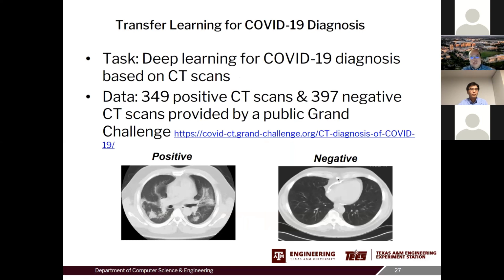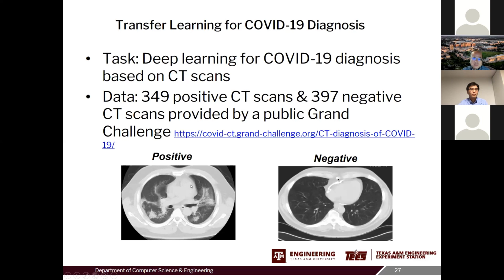Just to test our hypothesis, we applied our attention-based model on this COVID-19 imaging data set. The task here is to predict COVID-19 based on CT scans. And the data set we have been working on is from this open challenge. The data has about 350 positive CT scans and almost 400 negative CT scans.